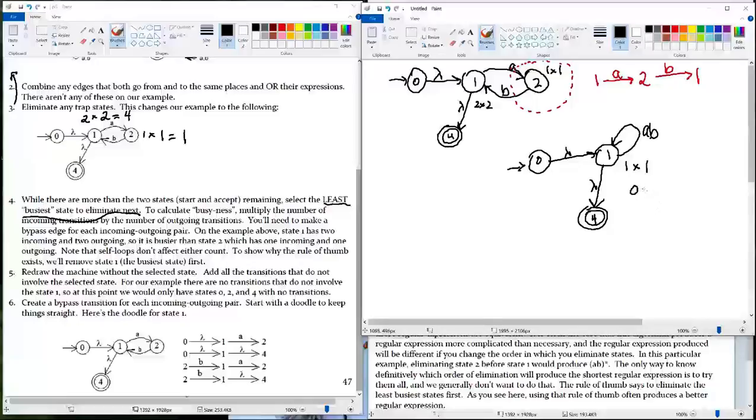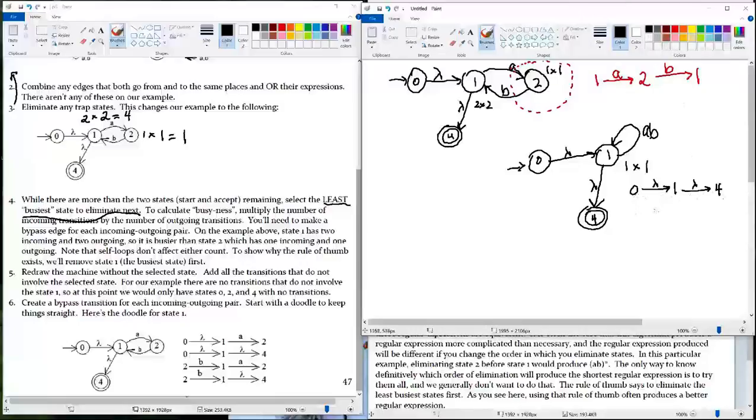This time we're going to have an edge from 0 to 1 that's labeled lambda, and an edge from 1 to 4, that's the bypass that I need to build, labeled lambda. I'm pairing up my one incoming with my one outgoing. Up here, my one incoming came from the same place that my one outgoing went, but that's not happening down here. So my little doodle off to the side here shows me that I now need to build a bypass